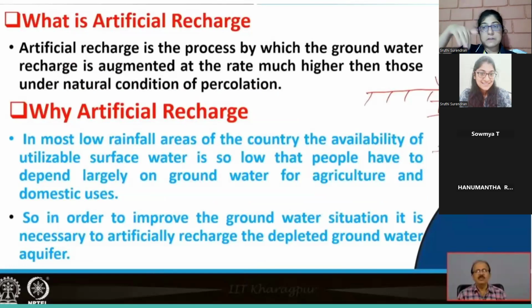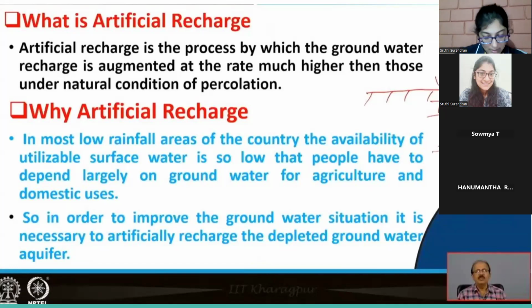So as a result of infiltration and percolation, if the rate at which the water is reaching or increasing the water table is say 1 mm per day or 1 mm per month, then it is a very slow rate. But instead, if we are able to increase it, say, 10 mm in 1 year, then because of this increased rate in which we are able to artificially provide water to the groundwater, it is called